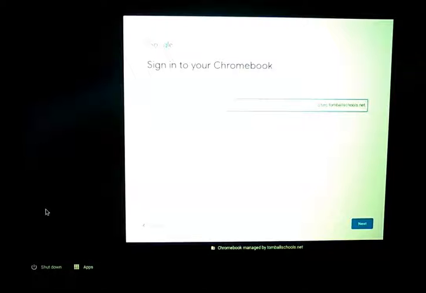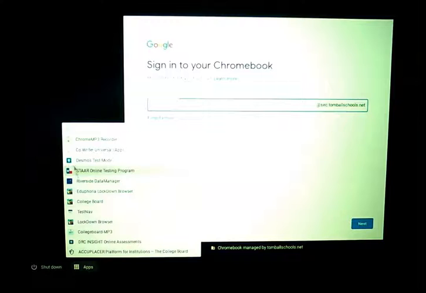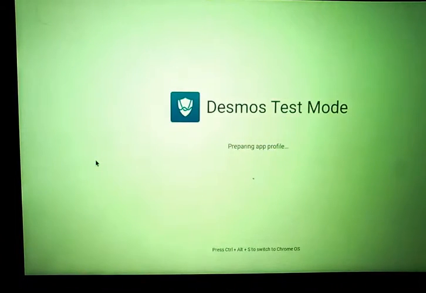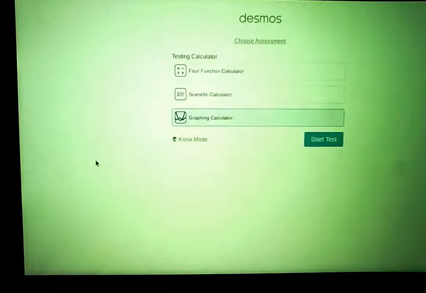So once the Chromebook is open, you're going to click on the apps in the bottom left corner. And from, I think it's like the third or the fourth from the top, it'll say Desmos Test Mode. And when you click on this, it's going to take a couple seconds to load. But this is a really important part because from the load screen, then we can get it into the correct